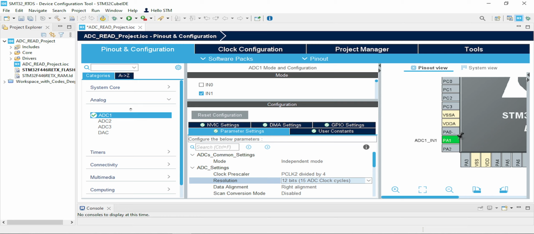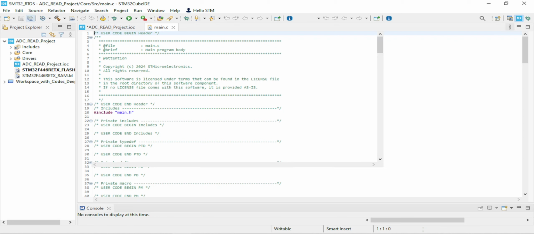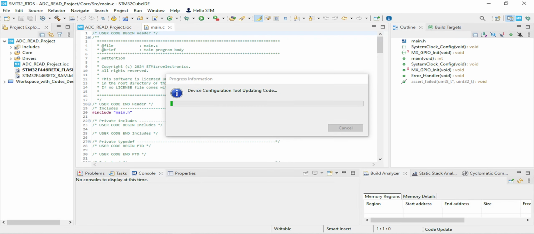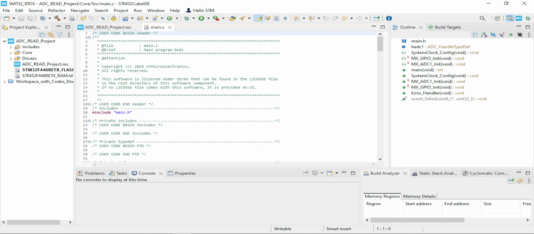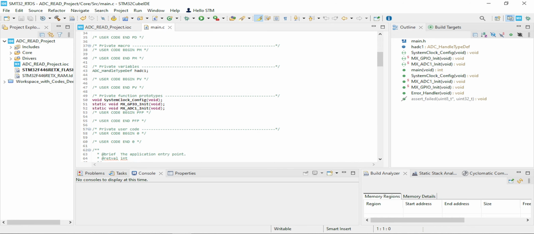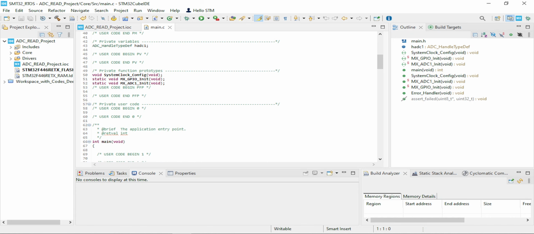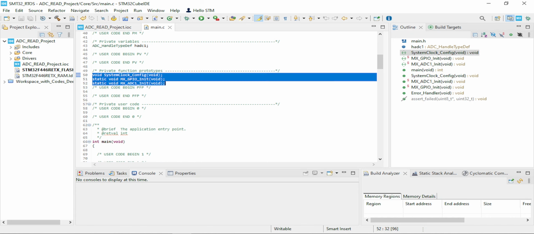After this, we can click on this gear button on the top. For the code generation, click on that, or you can click Save All. It will generate the code. Now we are entering the C perspective, which is going to allow us to write the code in C language. So here all the initialization has been activated by the